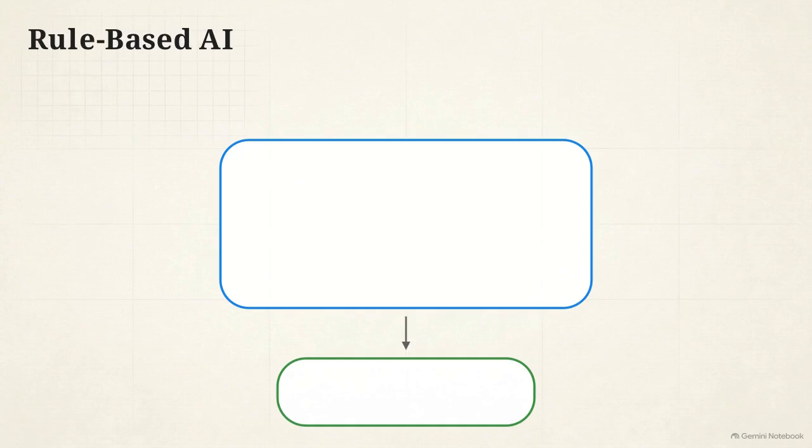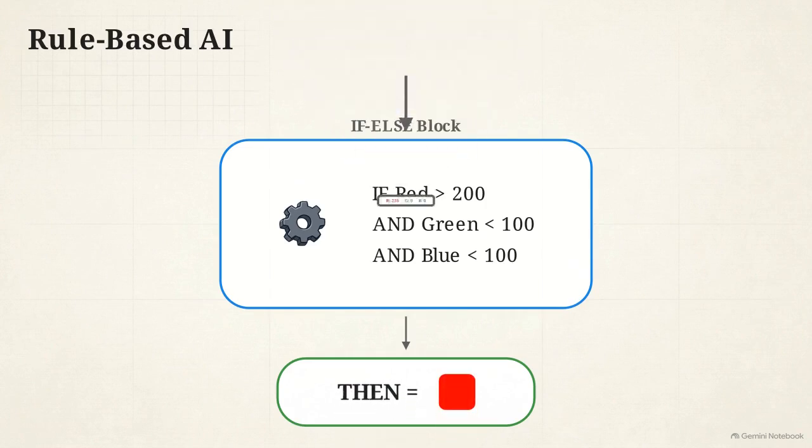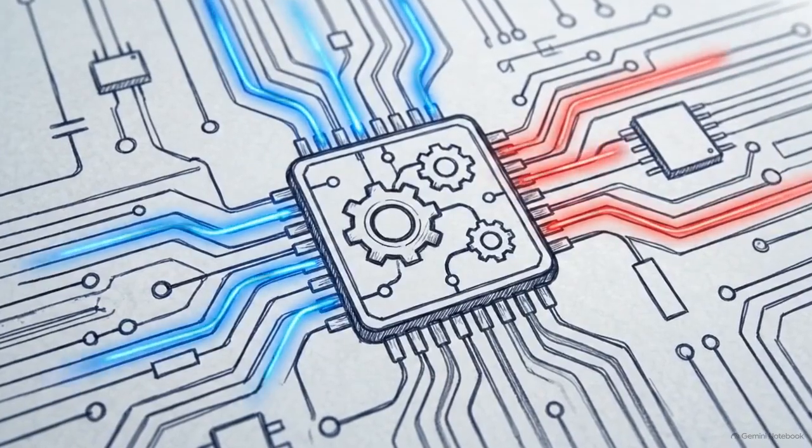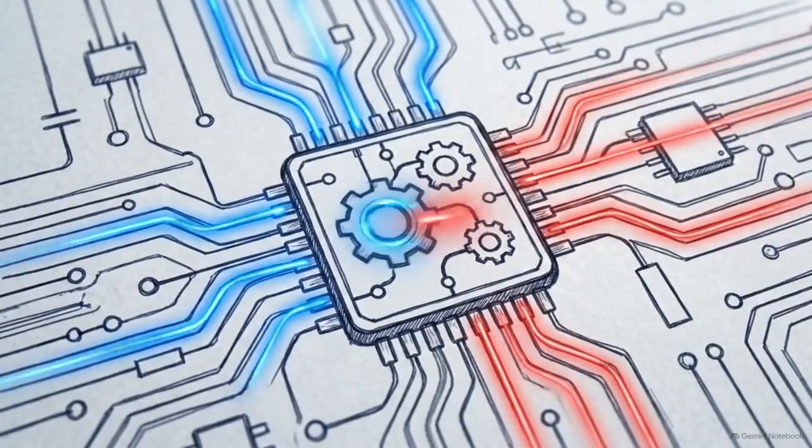We can see this in rule-based AI. We use if-else blocks to give the computer a specific test. For instance, we can tell the system, if the red value is higher than 200, while green and blue are both low, then label the color as red. The data enters the system, passes the test, and triggers the correct answer. By setting up these clear mathematical boundaries, we give the machine a reliable way to turn abstract numbers into an